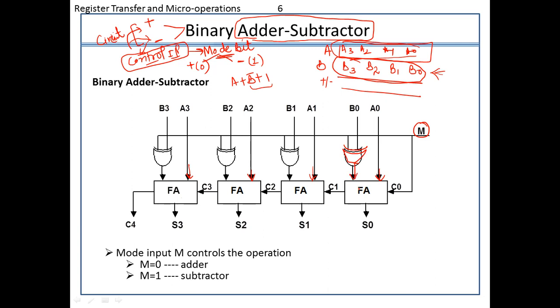So how will this entire circuit operate? Let's again consider the same example. I'm considering the same one only, where the A register has the value 1011 and B has the value 1101, and I need to perform the addition as well as the subtraction. So in case of subtraction, I will let you know the things. This mode bit will be equal to 1. It means that this C in value, C0 value, is equal to 1. Along with that, this M value will also be equal to 1 in case of subtraction, right?